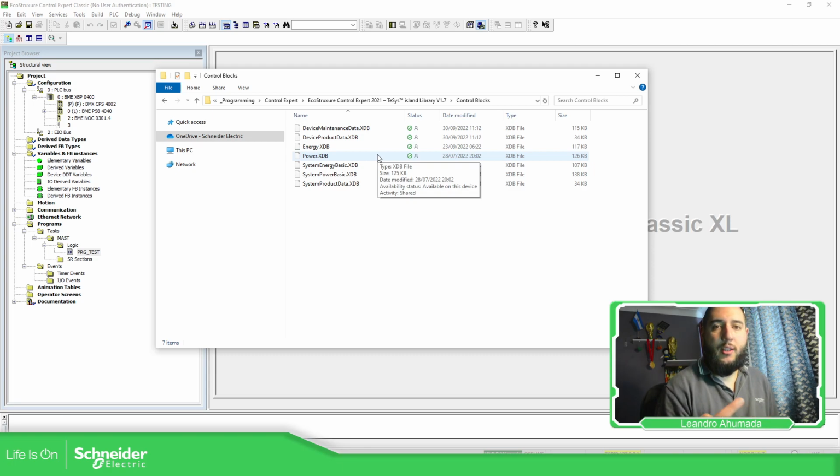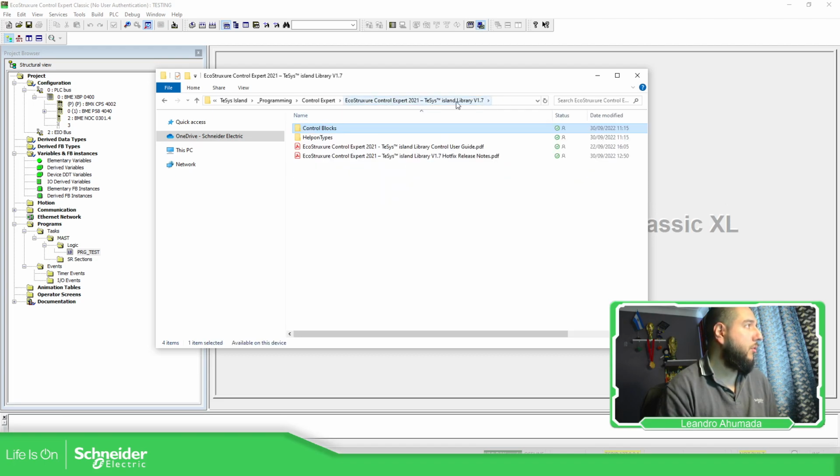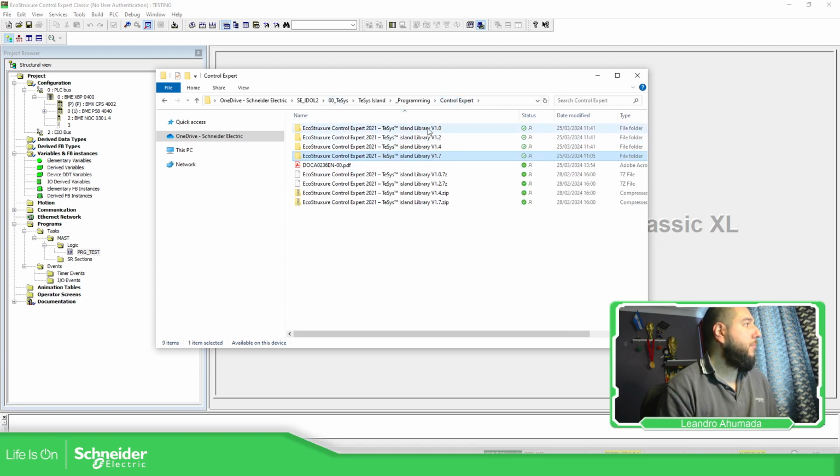But you're going to see that there are a lot of things missing. So what we need is to install the first one, because those are not add-ons but service packs. So we need to install this one, the version 1.0.